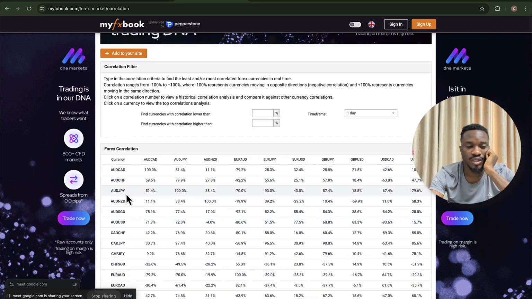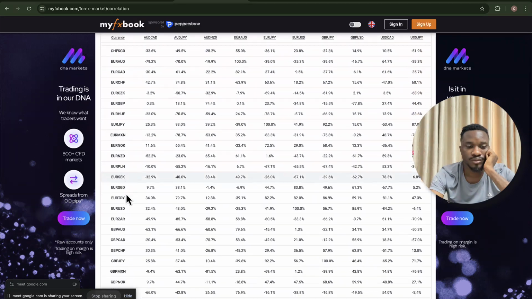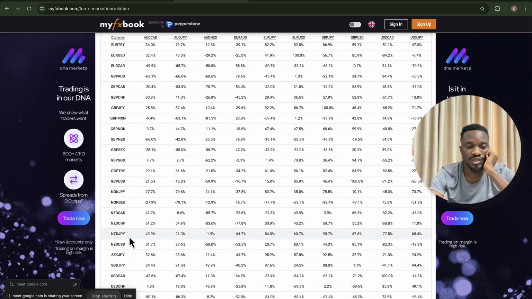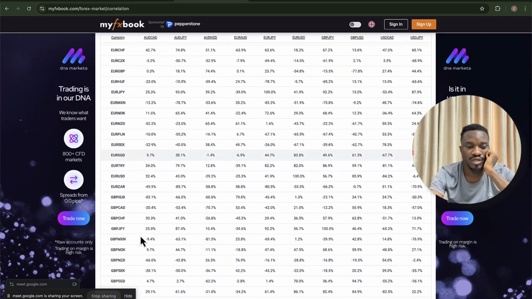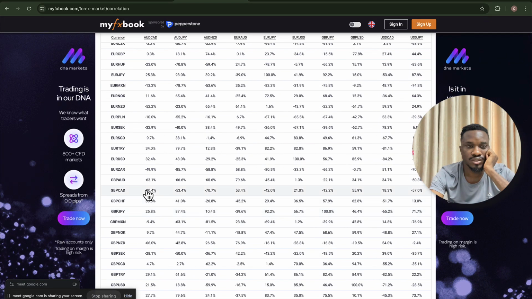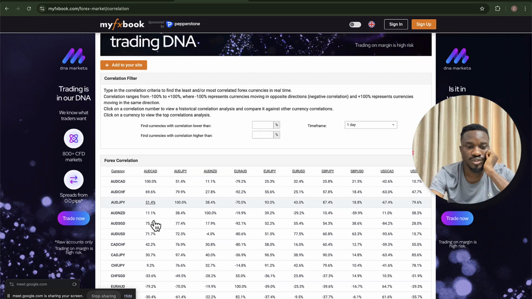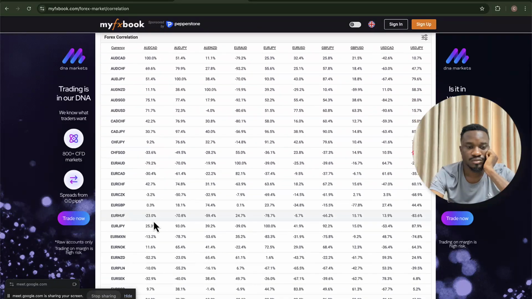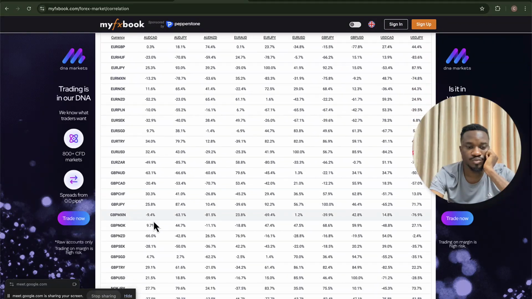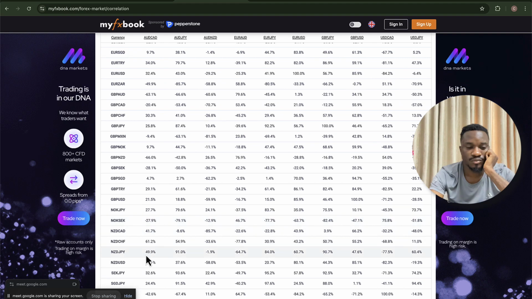Now let's check AUD JPY and New Zealand JPY. New Zealand JPY. You can see that is AUD JPY and New Zealand JPY. Okay, New Zealand JPY, you can see that this is the vertical, and AUD JPY, you can see they are